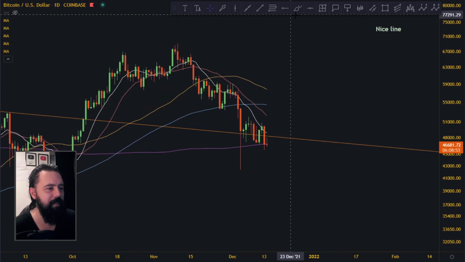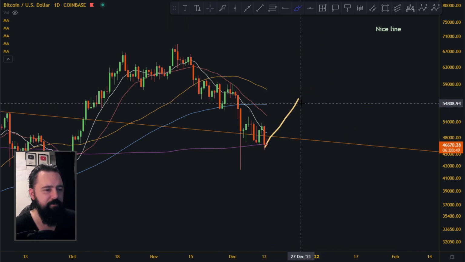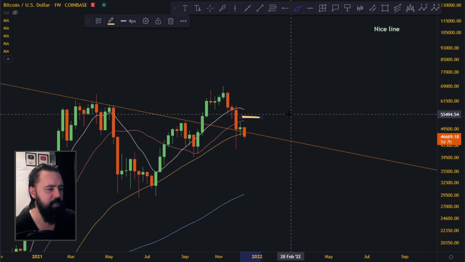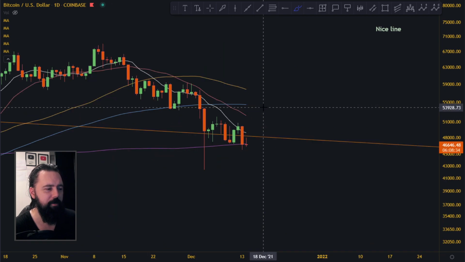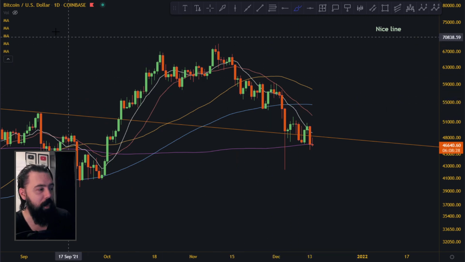But I think we need a nice move to the upside, at least some kind of 54 levels. Previously I said around 54 levels, and I still think it's around there. Don't make me pull up the charts, but I think it's like the 20 moving average, 10 moving average up here. Something like 54 levels up here would be nice. And then we're going to test some kind of resistance up here, and then we'll see if we can actually break them and go higher towards the upside.